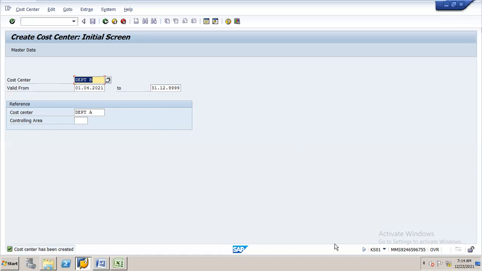This is the screen is there. KS01, you can create the cost center from SPRO or you can create from the SAP Easy Access. Why they have given two options means after implementations, there are some master data like GL, vendor, customers, assets, profit centers, cost center. These are the master data. It has to be created by the end user sometimes. So that is the reason some screens are available in the SPRO as well as SAP Easy Access. Okay. So KS01, we can create this cost center. AS01 is for